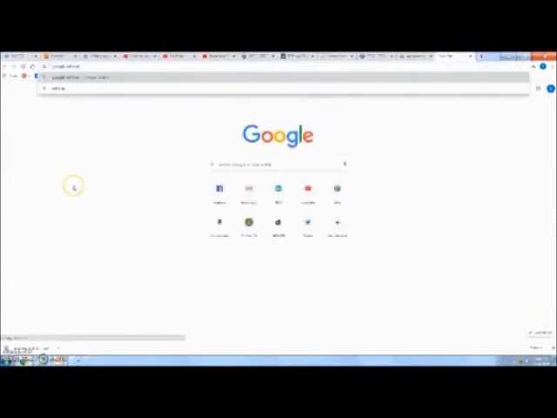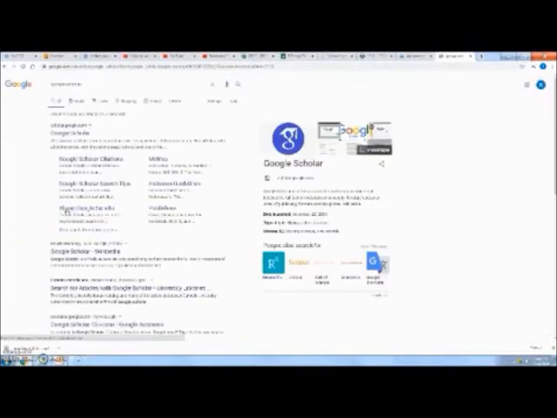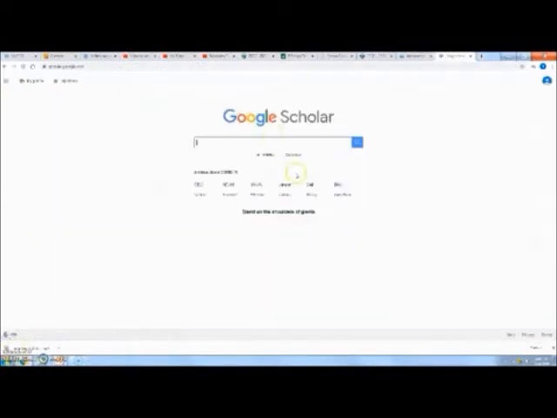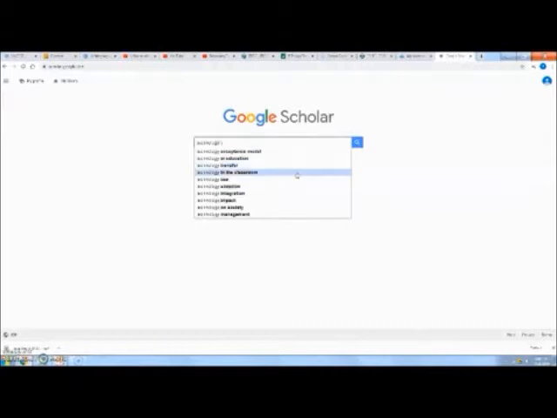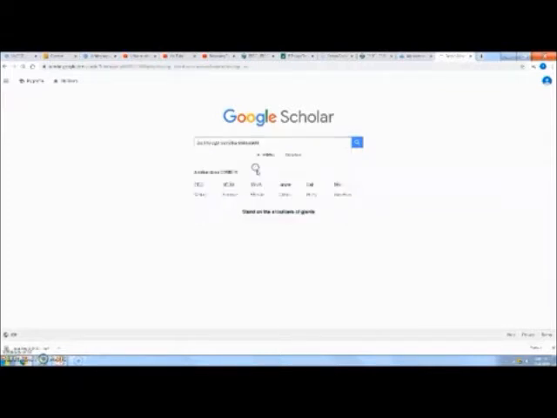Another way to find academic articles is by going to Google Scholar. Google Scholar filters academic articles for you as well, and you just type in your keywords again on the search. Technology benefits. I'll say education. Maybe I'm arguing that schools need more technology. An introduction to current trends and benefits of mobile wireless technology. This is a great article. It's in the ACC journal, so it's credible, and it has the PDF for you to download.